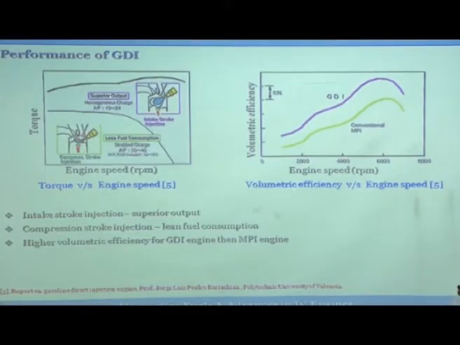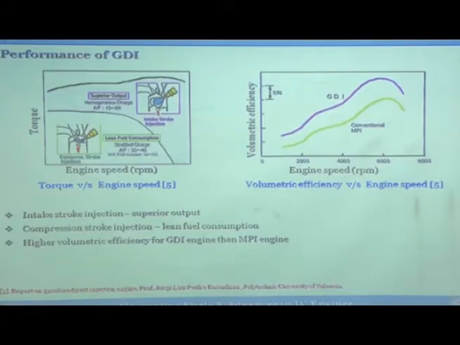The overall air fuel ratio is 30 to 40 overall. Have you ever heard of an overall air fuel ratio for a gasoline engine of 30? It is not possible, but it is possible in a GDI engine. Why? Because this is overall. Close to the spark plug, this will still be 12 to 18. Outside, it will be very little fuel or no fuel. That is how you are able to achieve an overall air fuel ratio of 30 to 40. And this is what makes it very economical.